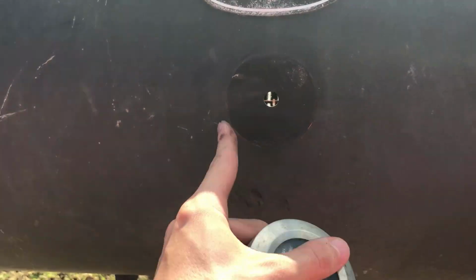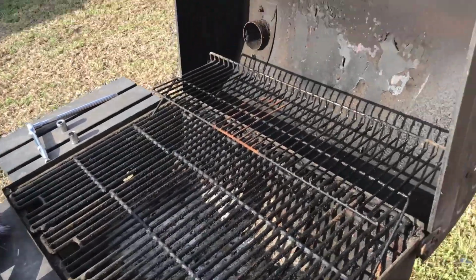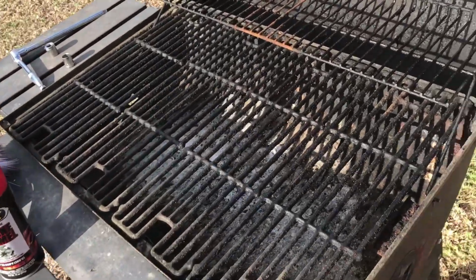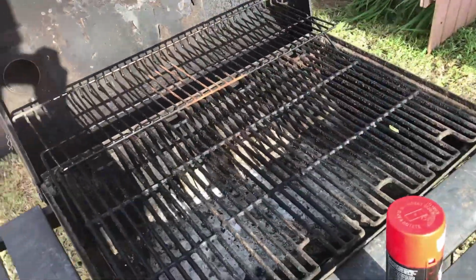But yeah, if there's anything that you can remove, such as a thermometer or anything like that, just remove it and put a piece of cloth, perhaps a napkin, in there so that your paint doesn't go in through there and contaminate the food later on. The Fortnite grill looks a little bit crusty from the inside, and it's already black from the inside, so we're not going to mess with it, and you guys shouldn't mess with the inside at all, guys,